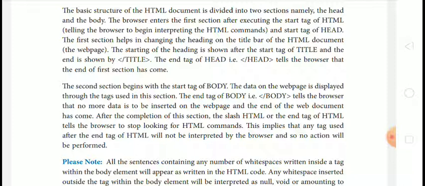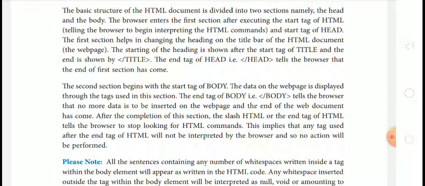The browser enters the first section after executing the start tag of HTML, telling the browser to begin interpreting the HTML command, and start tag of head. The first section helps in changing the heading on the title bar of the HTML document.